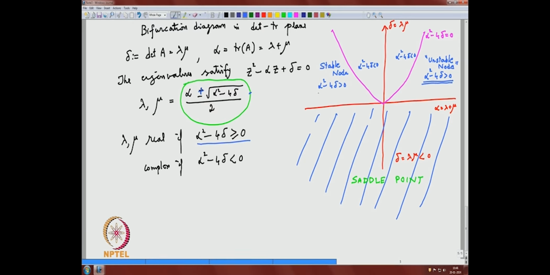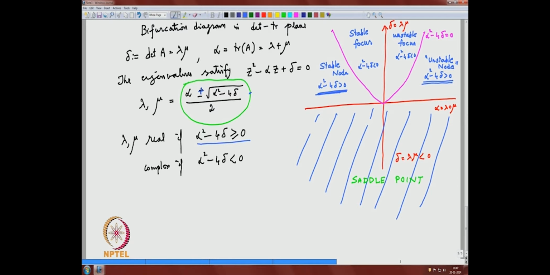You see, so this is the situation alpha square minus, both are nodes, but here you look at it, this part is the region with alpha positive, and this part is the region with alpha negative. So, you will get your eigenvalues in this region, both eigenvalues will be negative in this region if you look at it. Similarly, if you look at here, you will get unstable focus, and here you will get a stable focus.